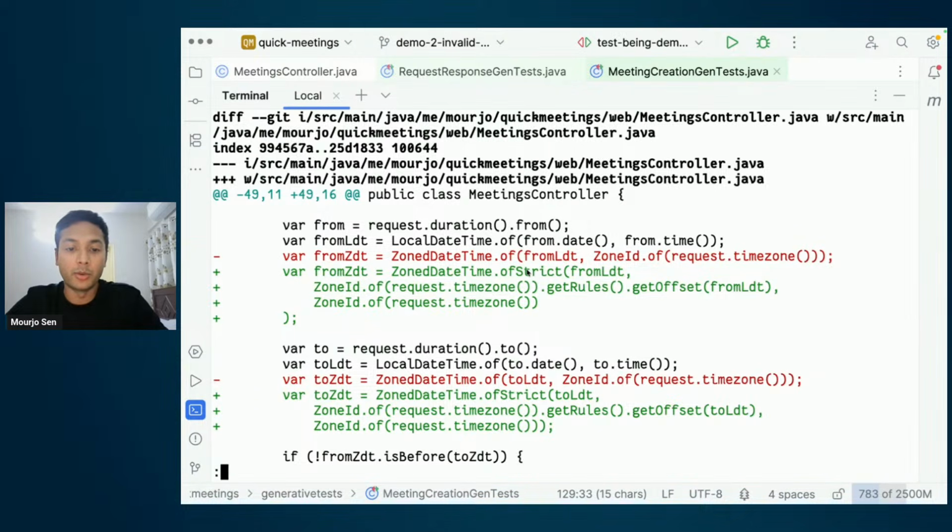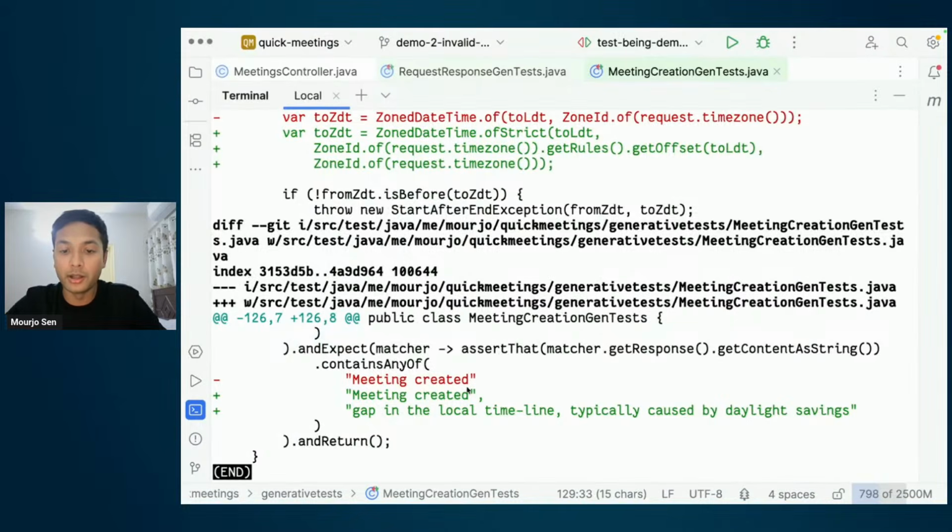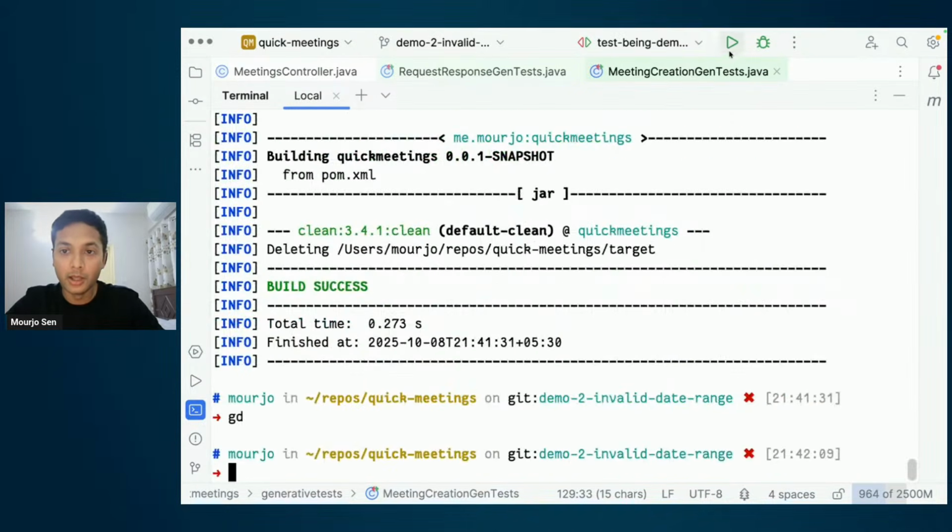So what we want to do is be more strict about it and not allow these kinds of transitions to happen. And in the response, we expect that a meeting could be created if it is valid for the user, but it could also be that the user is giving us valid input that just doesn't exist in the timeline. So it's actually an invalid input, even though it looks valid on the face of it. So if I now run, it should work.